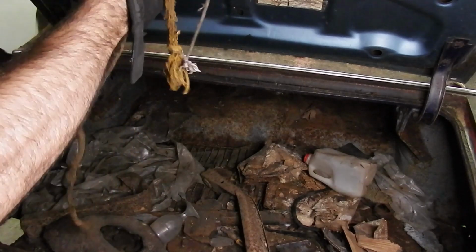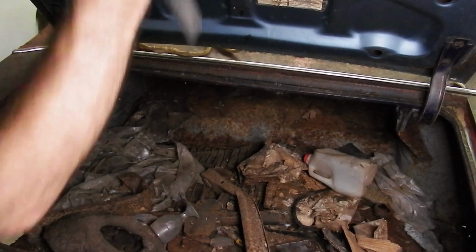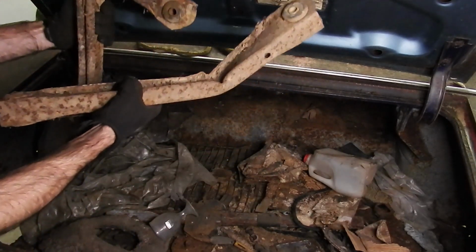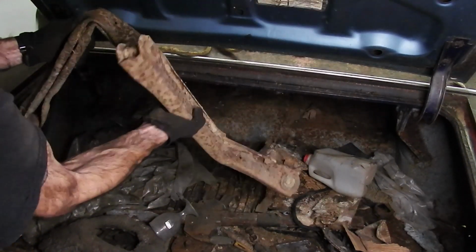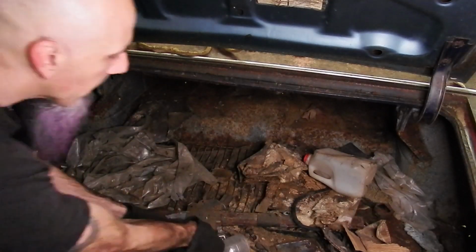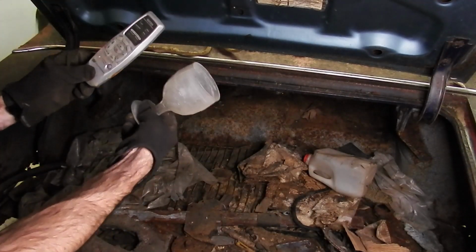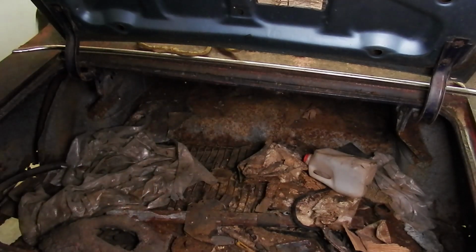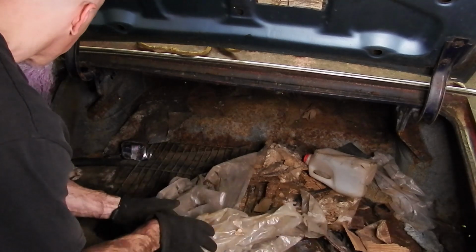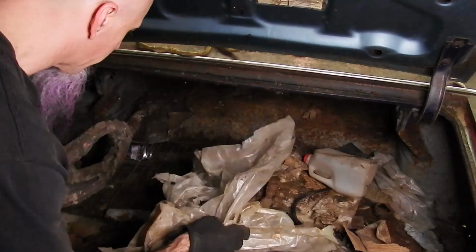Rope here. I don't know exactly what to do with that. Get that out of here. Of course, we have the busted trailing arms. I don't think we need those anymore. They're full of dirt anyway. Got some weird old household stuff. Trash. The rest of this pretty much looks like garbage, so...